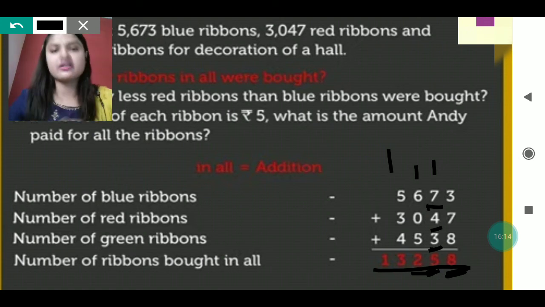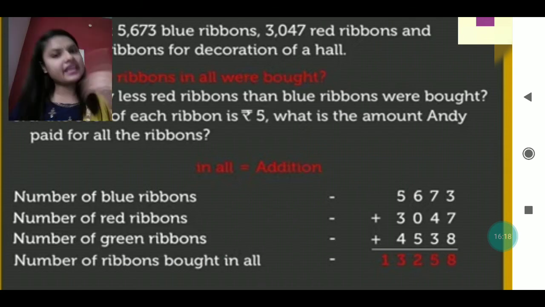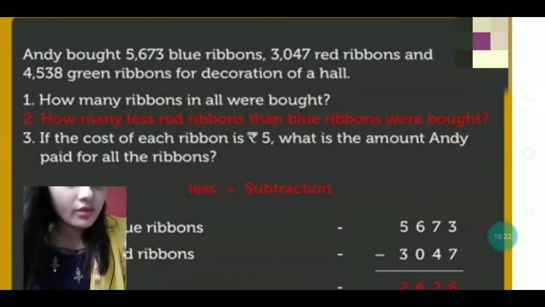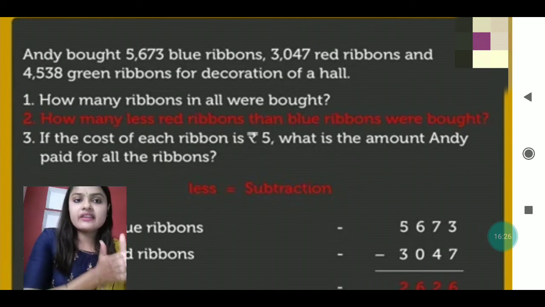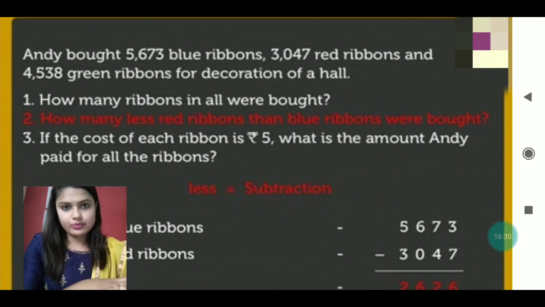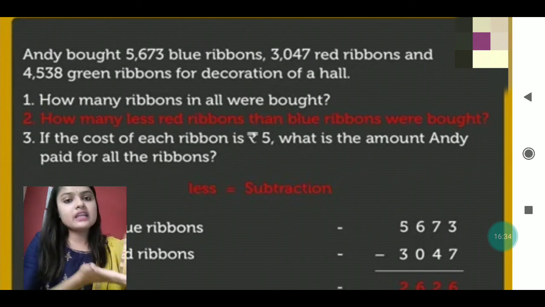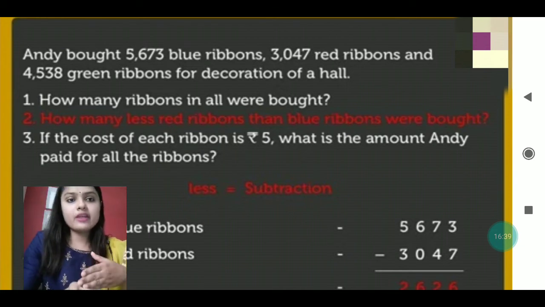This is the first part we have done. Now the second part. The second part is how many fewer red ribbons than blue ribbons there were. First we calculated the total ribbons. Now we have to calculate the number of red ribbons fewer than the blue